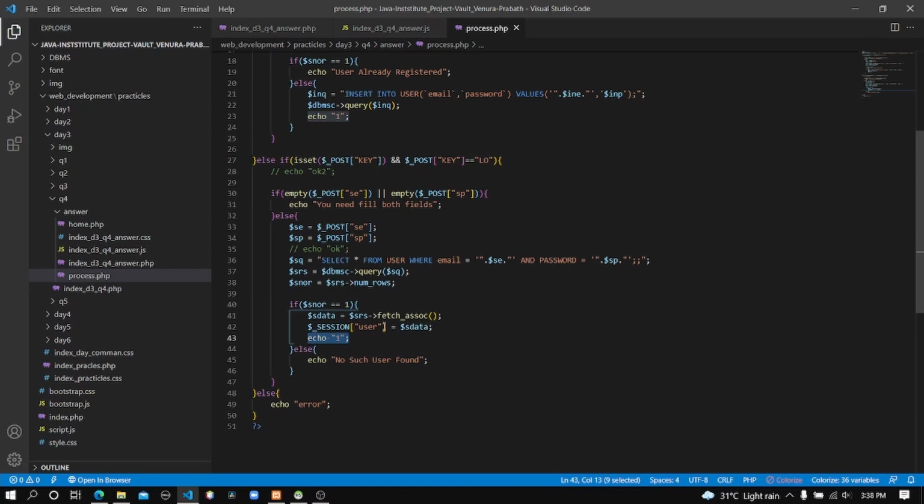The users of my web application, every user will have a session space, and in that session space, when they log in, their details will be stored. In this case, email and password will be stored in that space.